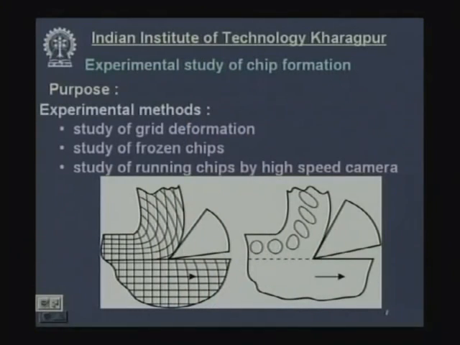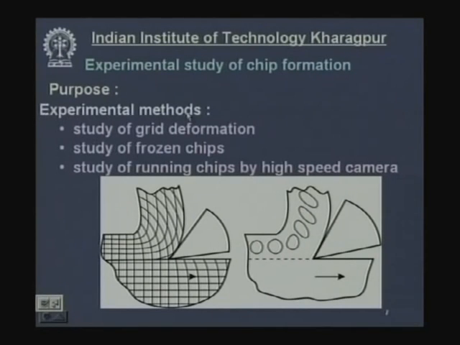Now, what is the cause of failure? It is a mechanical failure. That means it is caused by stress, either compression stress or shear stress or tensile stress or a combination. Now, what is the real cause, or which one is more predominantly acting on formation of the chip? It is a very complex phenomenon, so it is very difficult to understand. So, some experiments can be conducted to understand what is the real mechanism or what kind of stress are really responsible for chip formation in ductile materials.